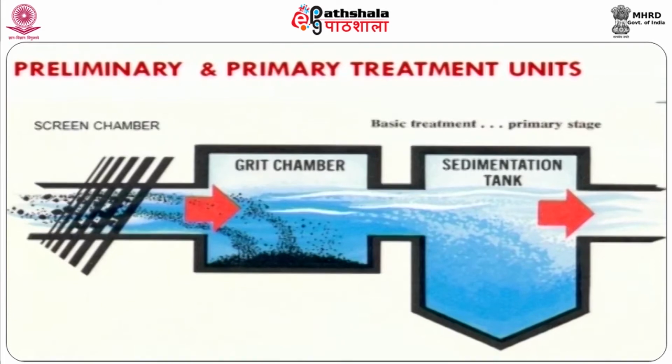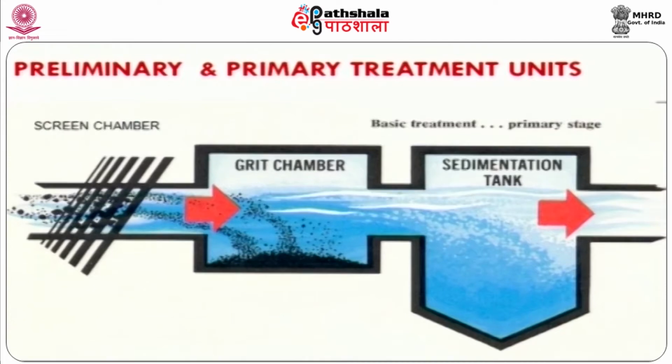With the aid of screen bar, we can try to remove floating matter present in the raw wastewater stream. Here the chamber can be designed by adopting a minimum head loss of 15 centimeter. Once 50% of the openings are covered by floating matter, we can allow the reactor to tackle up to 30 centimeter head loss. Then subsequently, the water is fed into the grit chamber, where the flow velocity is maintained at